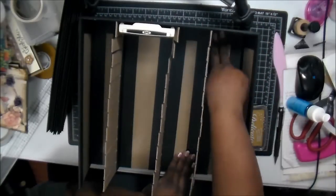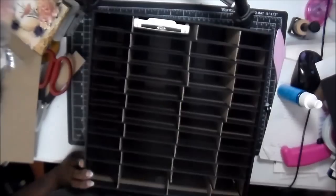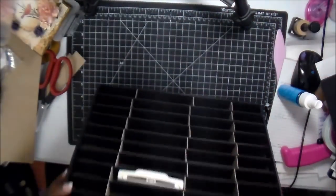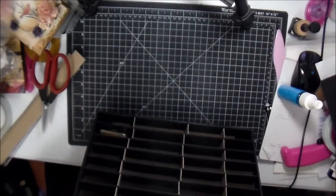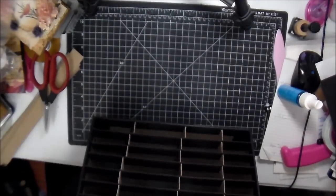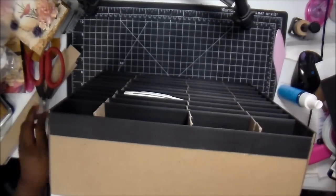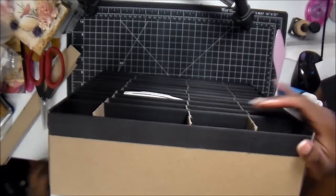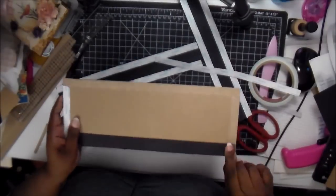And once again, I'm just laying it in and trying to make sure that everything is laying properly. Now, once I got it in, you can see I'm laying all of them in, trying to make sure I got enough room and space for all the different pieces. And I purposely didn't put the top piece on until I knew for sure that everything was laying and was going to be perfect. Okay,